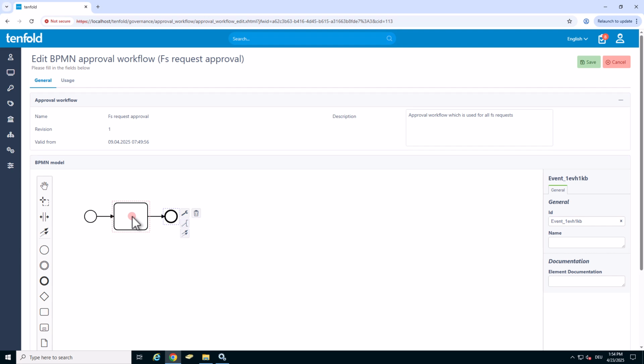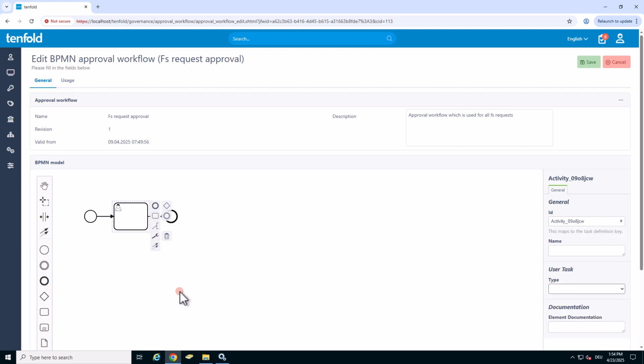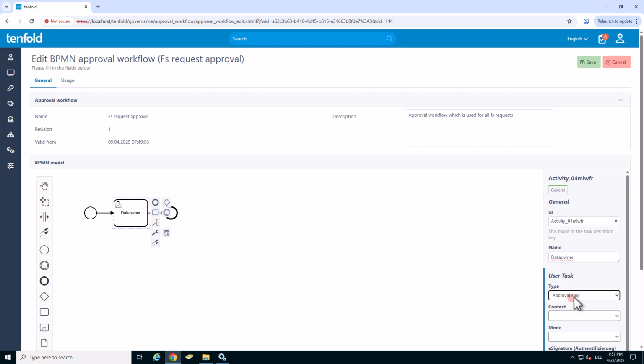Next, we select the task field, click on the wrench icon in the context menu, and choose User Task. This expands the configuration panel on the right side, where we enter a name, typically the type of approver, and then select the task type, Approval Step.